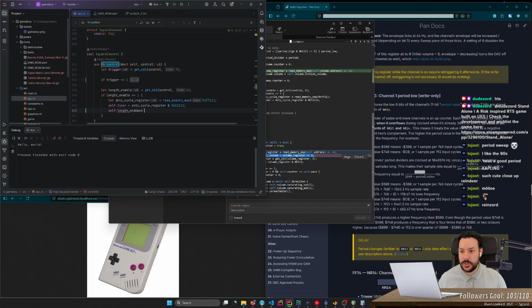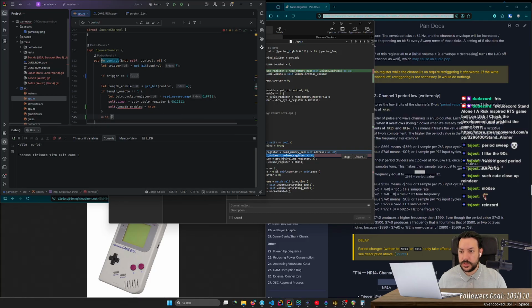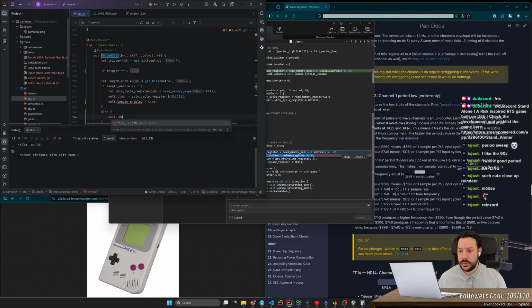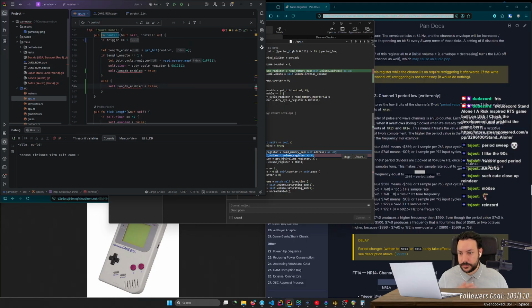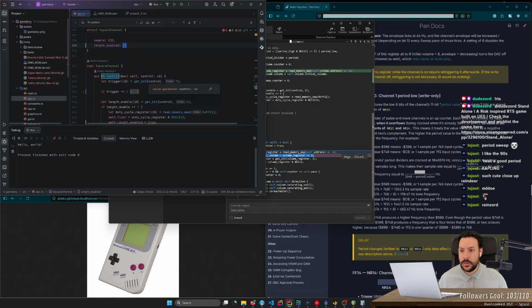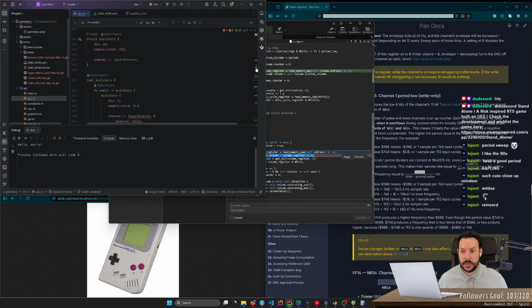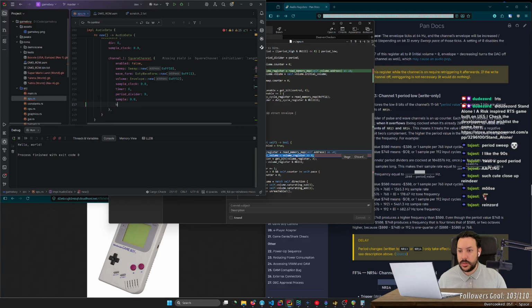Self.length enabled equals true, else length enabled false. Bool. Yes. Length enabled false.